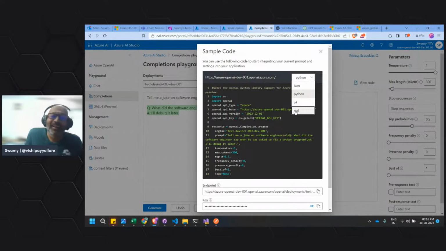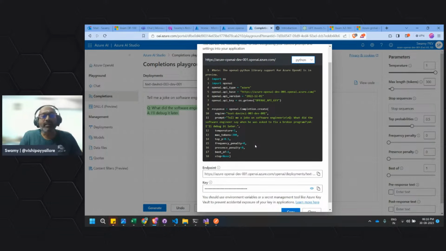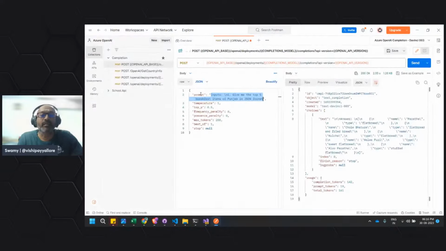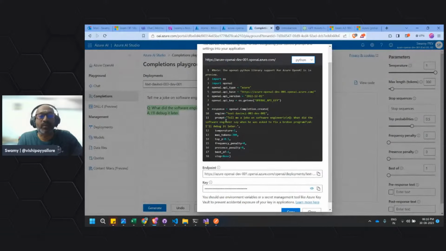Okay, I'll tell you how I generated this. So I took this JSON and it created the JSON format. The other way you can find that is right from here. See this, the object which is going to create it. Here you have the engine. Here you have the prompt. So let's compare. You have the prompt, that's one JSON object.